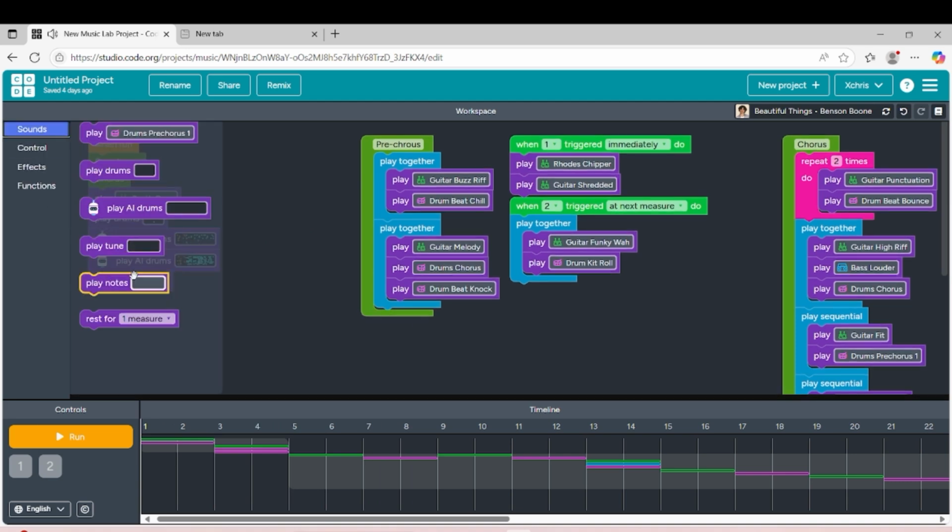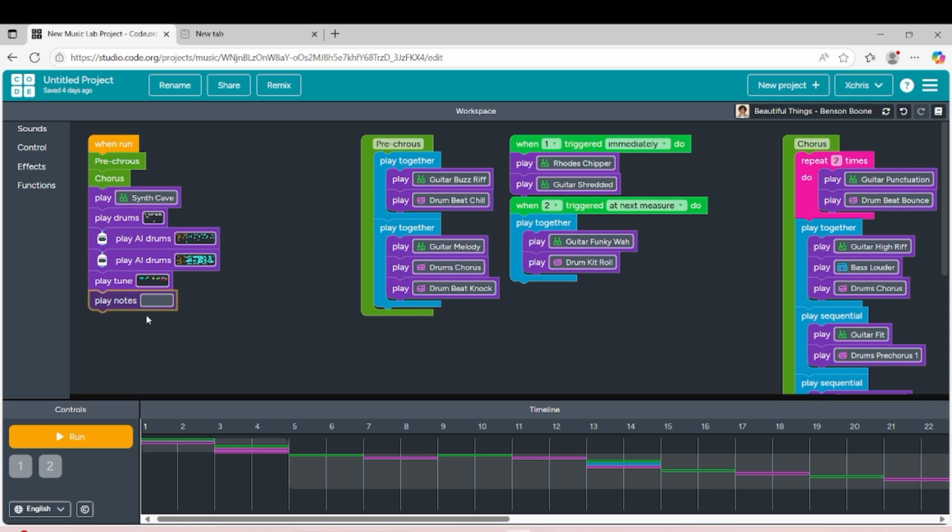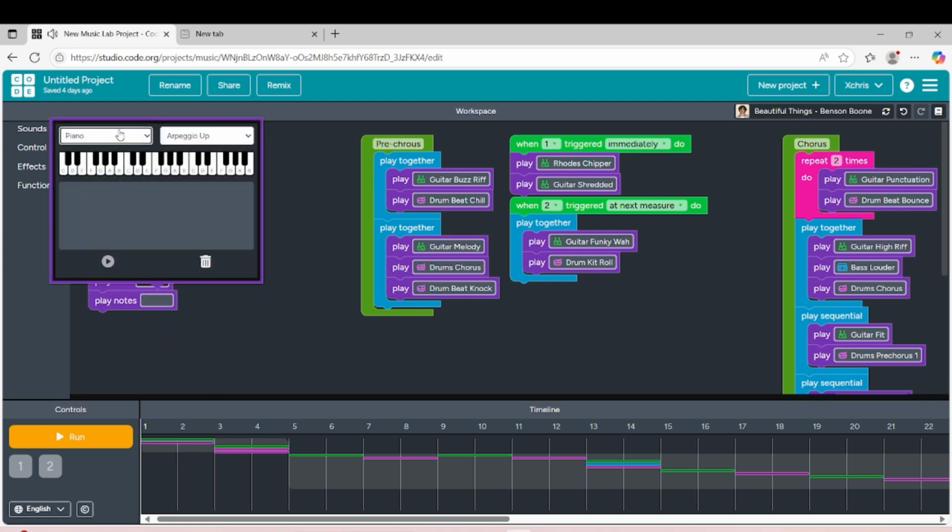The same thing can be said with the play notes, but this time it's all on piano. As you can see the notes, you can see the instrument itself, and when you click something here, it changes.